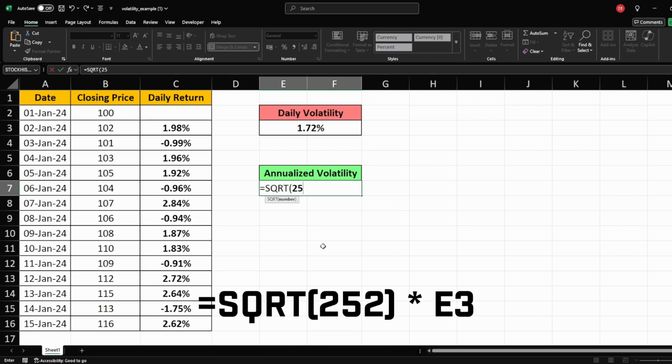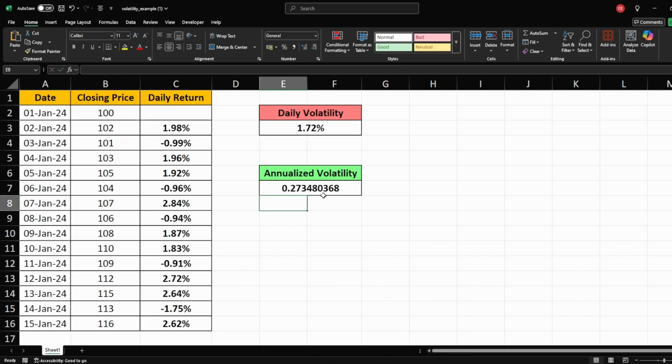Next, we need to annualize the volatility to make it more useful for financial analysis. Since there are approximately 252 trading days in a year, we adjust the daily volatility by multiplying it by the square root of 252. Now that we have the annualized volatility, we can use it to assess the asset's risk